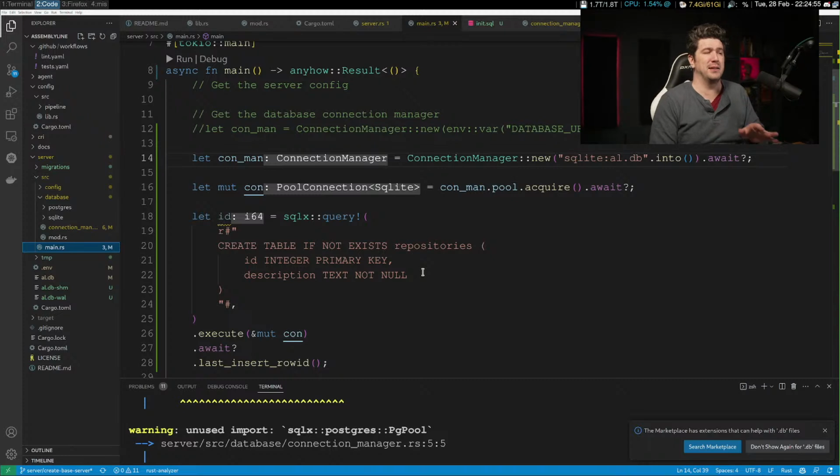SQLite is really great, and I actually like it and think it's underutilized. A lot of the times, a good backup strategy with SQLite is perfectly fine, and you don't need the scaling and you don't need the HA. I do think that this needs to support the HA eventually, but not right now. So we're just going to use SQLite and move on like this.